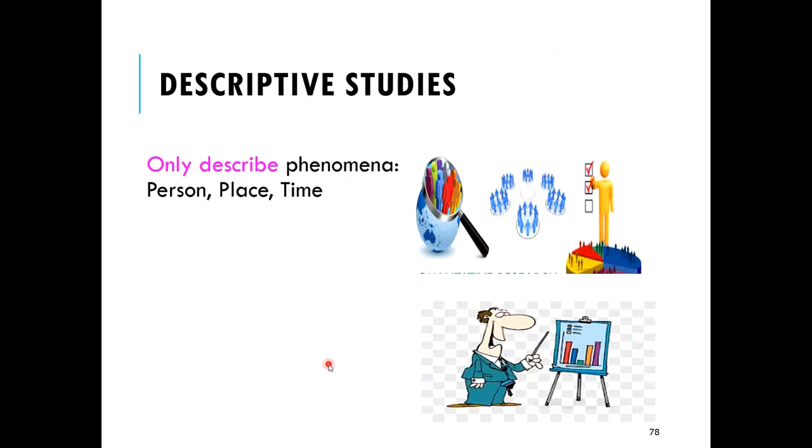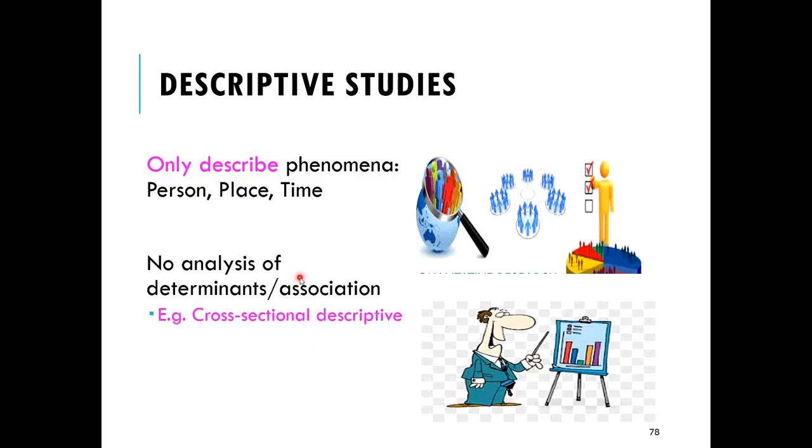So, descriptive studies, as the name is suggestive, describe the phenomena: what is the disease distribution in time, place, and person. No analysis. The hypothesis is generated in the cross-sectional survey, but the epidemiologist only describes the data. He is happy to describe it in terms of time, place, and person distribution. He does not want to find out associations. He does not want to find out causations. He just wants to present his data, and the most important example is the cross-sectional descriptive study, which we usually conduct in fourth year MBBS.